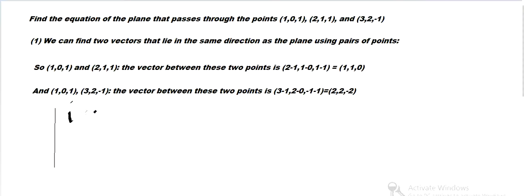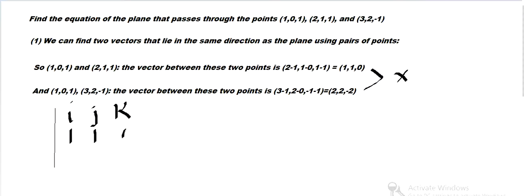if we take the cross product of these two. So if we cross them, that's going to give a normal, or a vector in the normal direction, and that's going to determine the direction of the plane. So if we have the normal to the plane, we know exactly the direction it's going. So we can take the cross product,